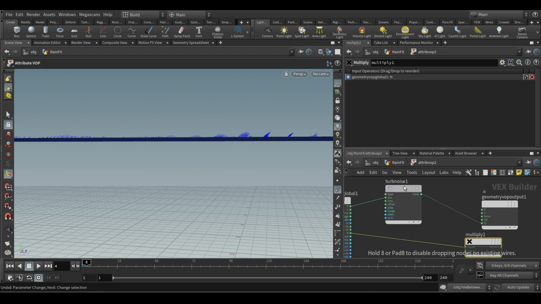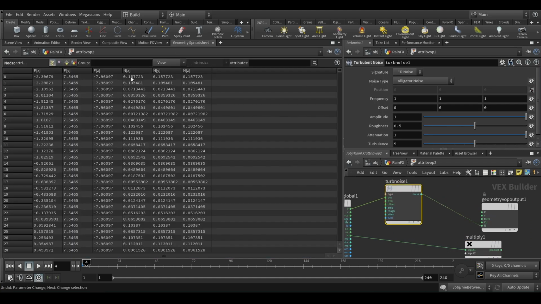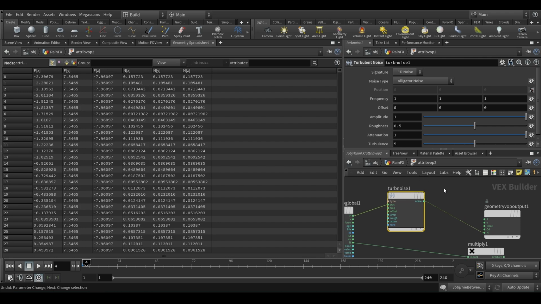One more thing, if you notice, in the turbulent noise, x, y, z are all the same. In the attribute warp class, you must know that it's because it is in 1D. So if you change it to 3D, you will have 3 different data for all the axes.